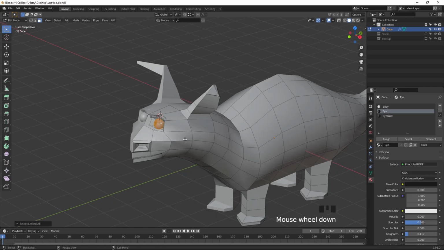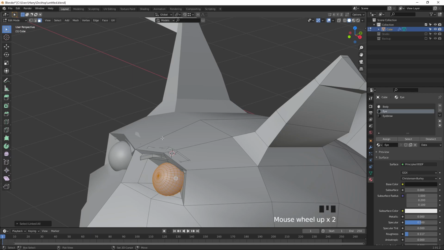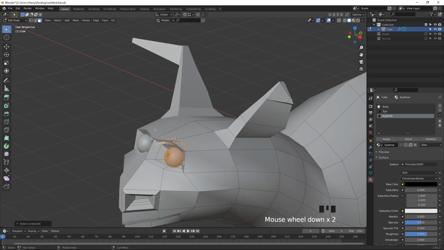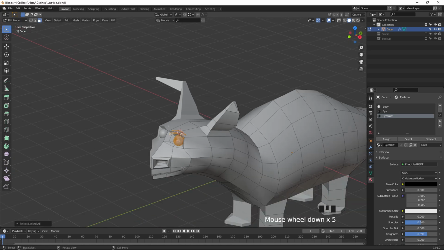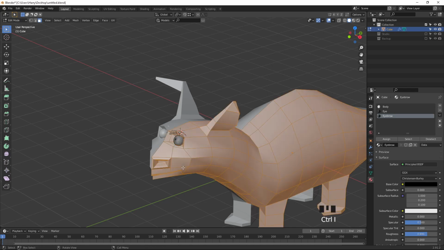Now the eye is selected, and we missed out one thing, this iris, Ctrl L. Now these two are selected, and everything else is going to be the body texturing parts. So I press Ctrl I to invert the selection of all the objects, select the body, and assign.